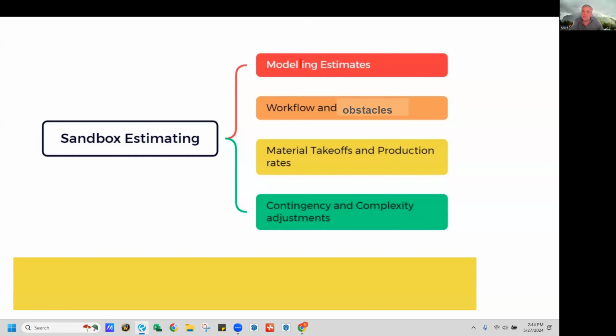Modeling estimates. So let's say you're a carpenter and you build decks as one of your products. You build fences, three or four different types of fences, as another one of your products. Maybe a house, or a garage, or some component thereof. Each one of those should have a model built to it. For example, to build a deck, it takes your pier blocks. First, you're excavating your layout. Let's go backwards: your demolition of existing, excavating, put in your pier blocks, put in your joists and posts, build